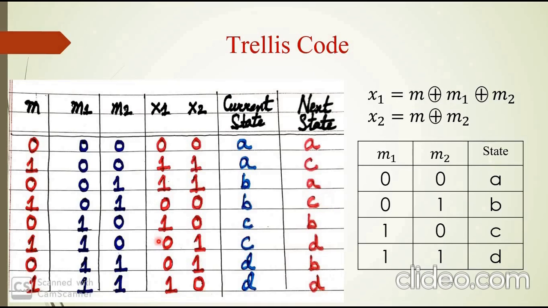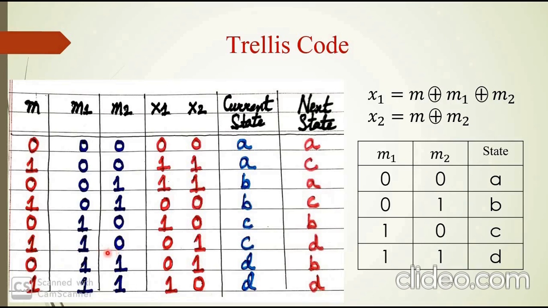And now current state is 1 0. So if current state is 1 0 and current input is 0, then next state will be 0 1. So it will be in state B. Okay, so 0 1 means the next state will be B. And current state is 1 0.